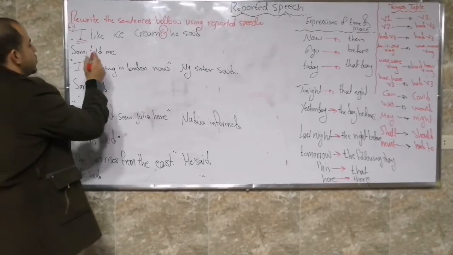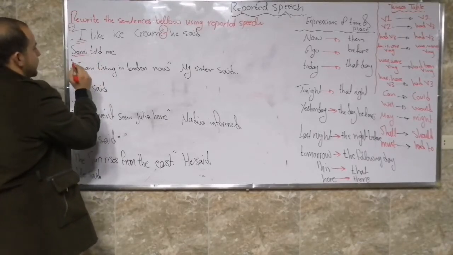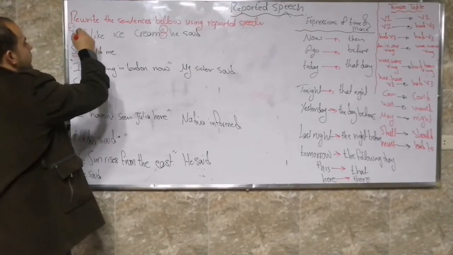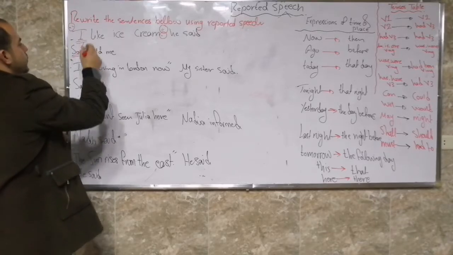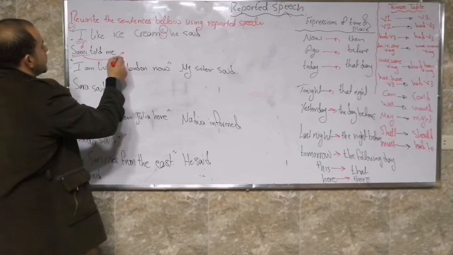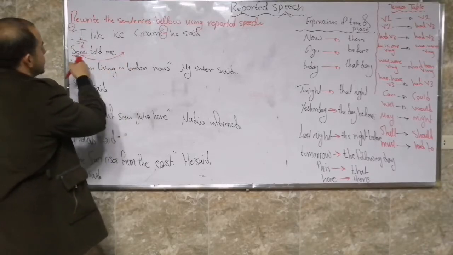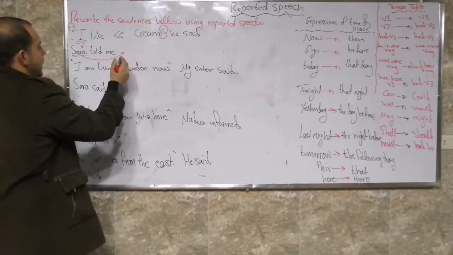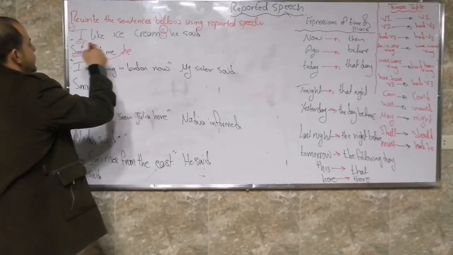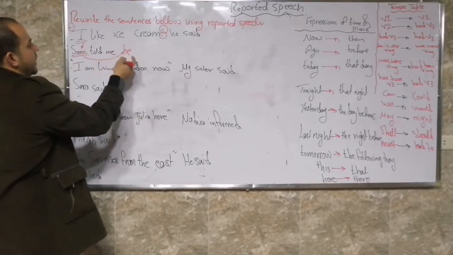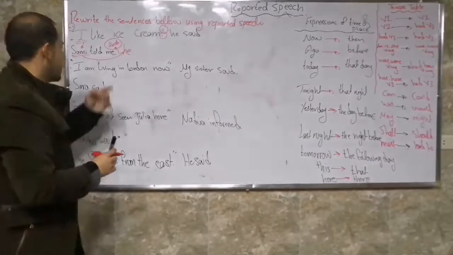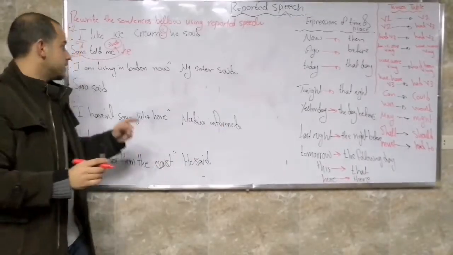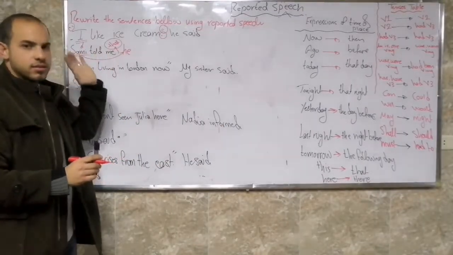Sammy told me, so the speaker is Sammy, and the doer here is I. So because here we have I, and we are talking about Sammy, I becomes what? Because Sammy is a male, he. Sammy told me, he, and here you can write that. And I told you before that it is optional. It is optional. You can write it or you can omit it. Sammy told me that